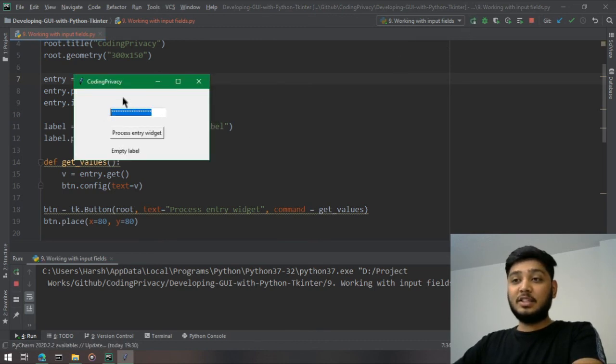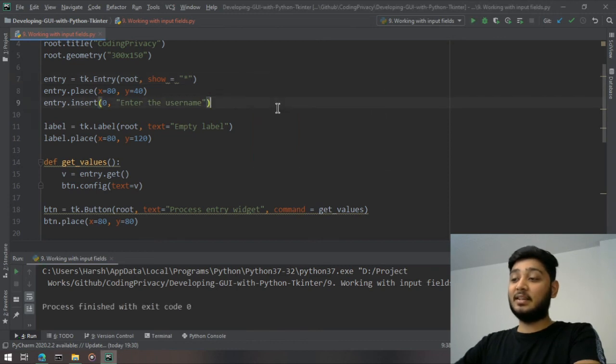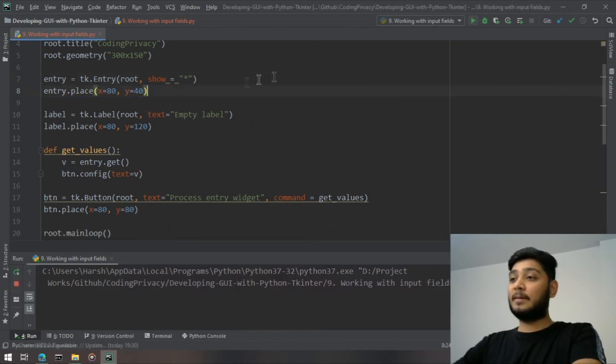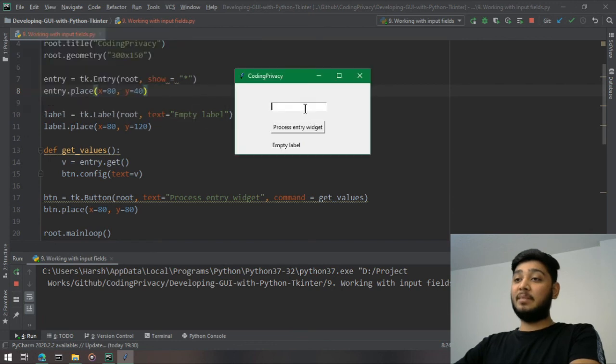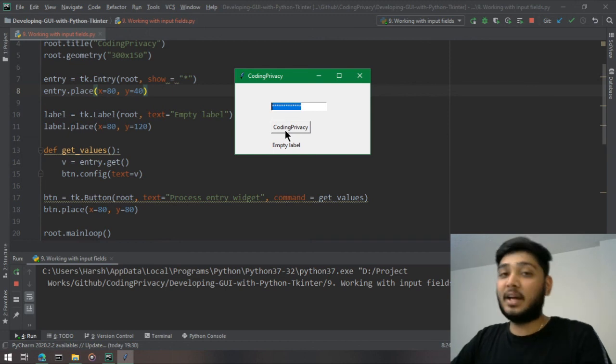Because we have written insert and initially it says "enter the username", you can see the "enter the username" text in asterisk signs. But when I remove this, now it will be empty. Now whatever I write, let's see, I write coding privacy and it is in asterisk signs, but when I click on this button, the button text, as we have done, is changed to the text that I wrote, right?